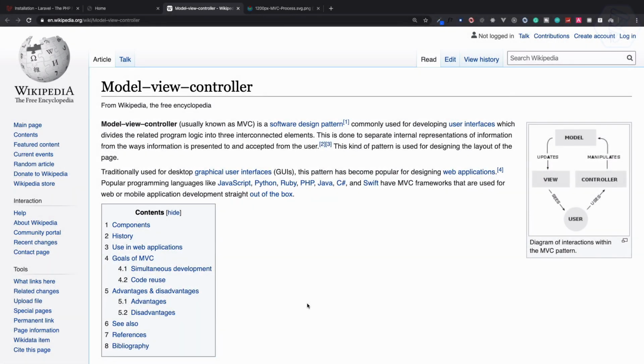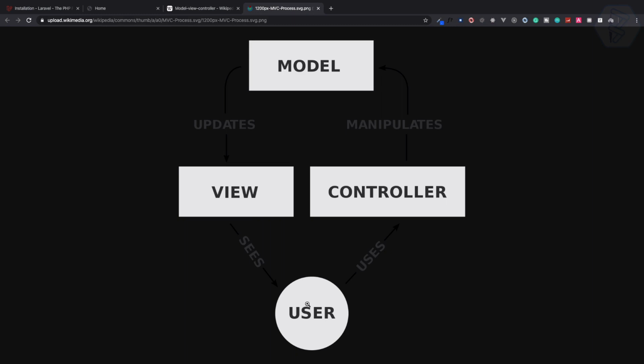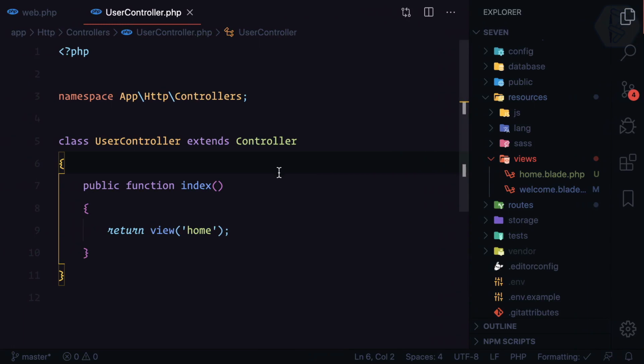And we are on Laravel 7 MVC. In the last episode, we understood how view and controller are connected and how a user can visit any route and then see something via the controller. But now we need to move towards the model, and it's not a very direct way because the model is going to